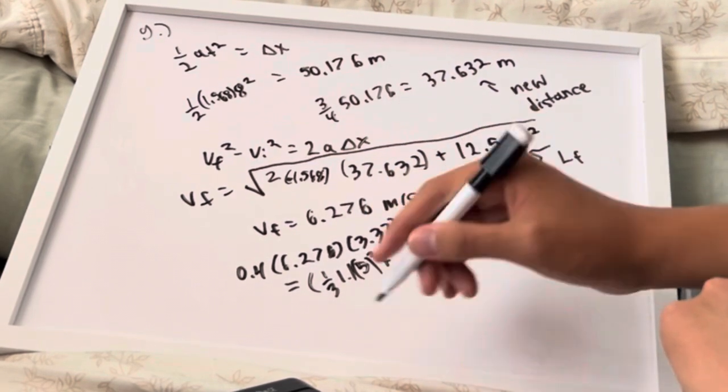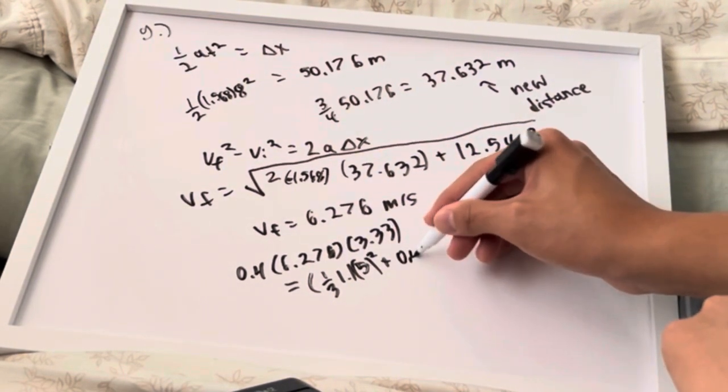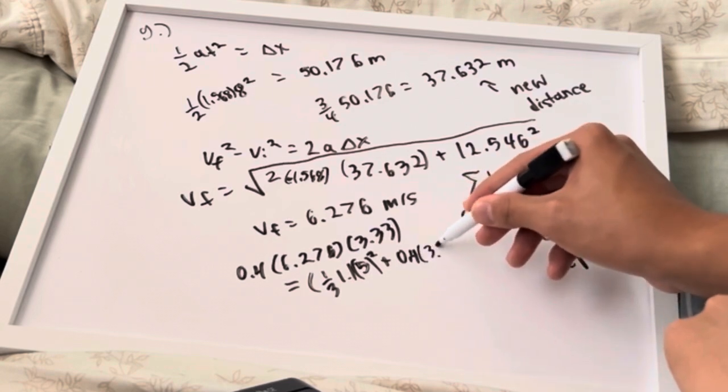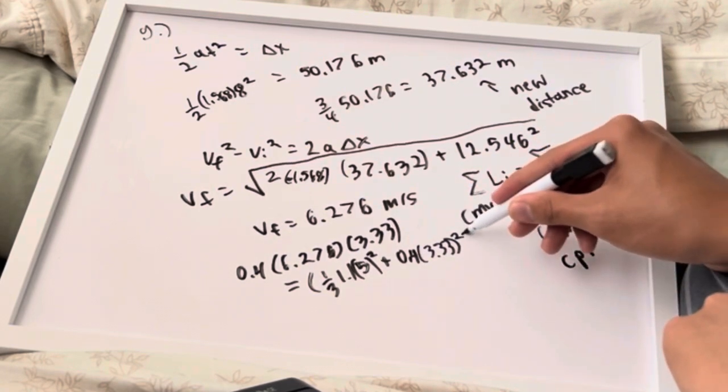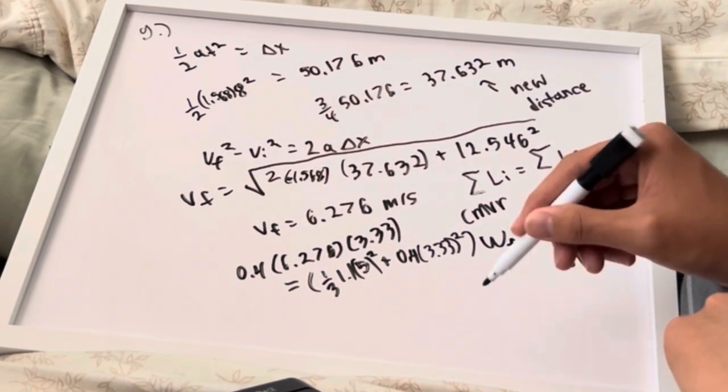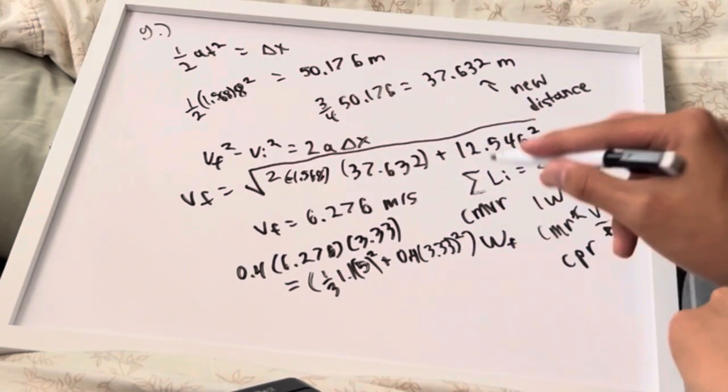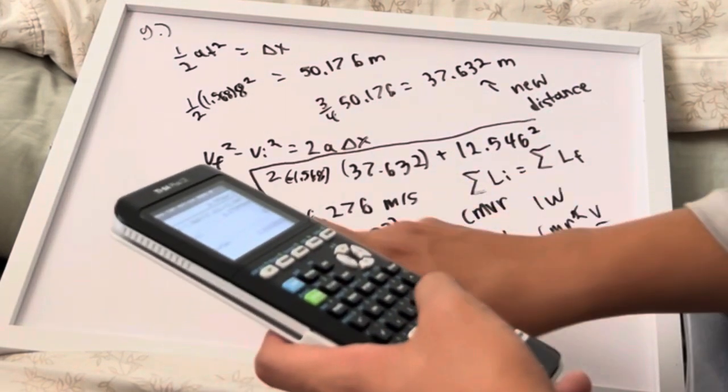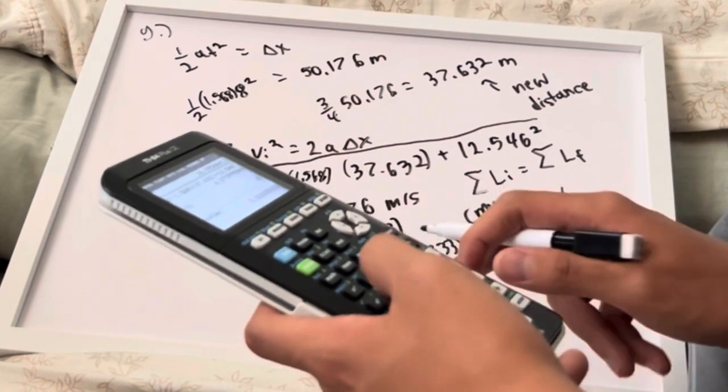And that's going to be plus mr squared, because point mass. So 0.4 times 2/3 of L, which is going to be 3.33 again, squared, right? And that's all times the final angular velocity after the collision, okay? Which I'll represent as Wf. So basically, I'm just going to simplify now. I'm just going to get this, and I'm going to divide it by the total inertia of the new system,